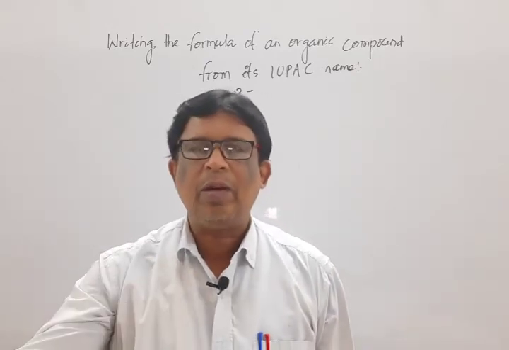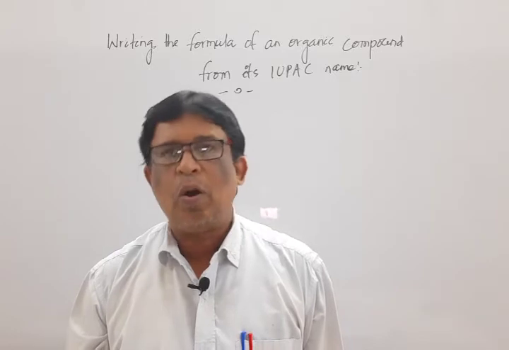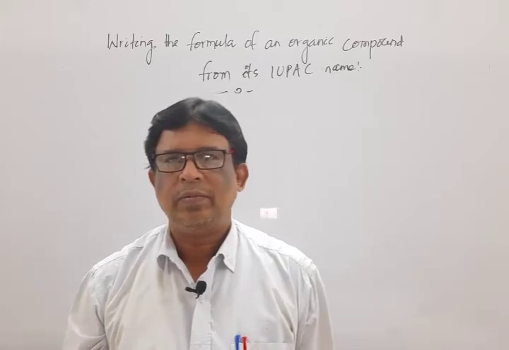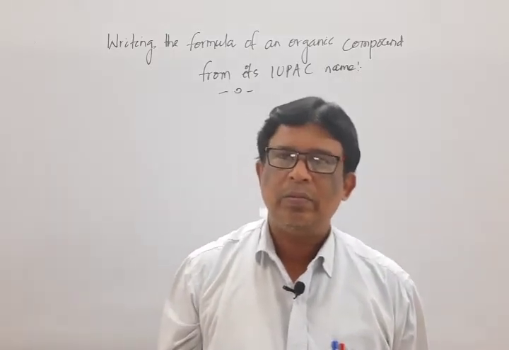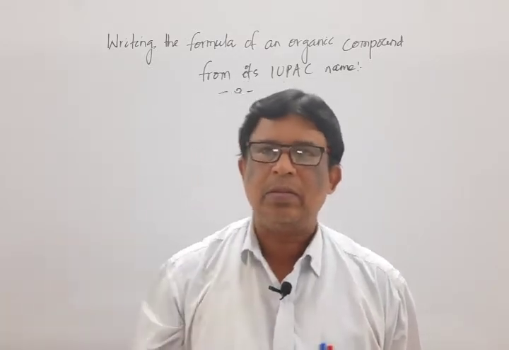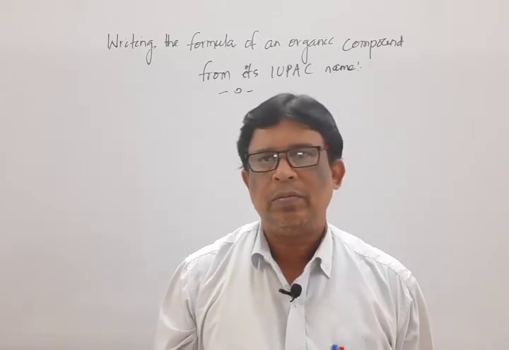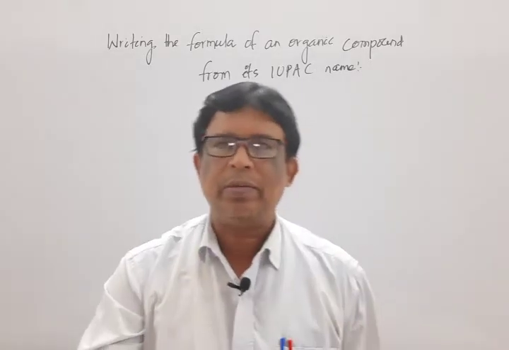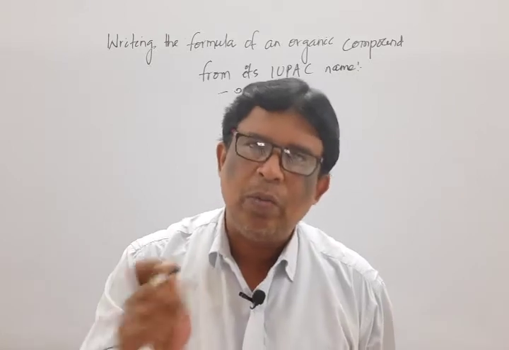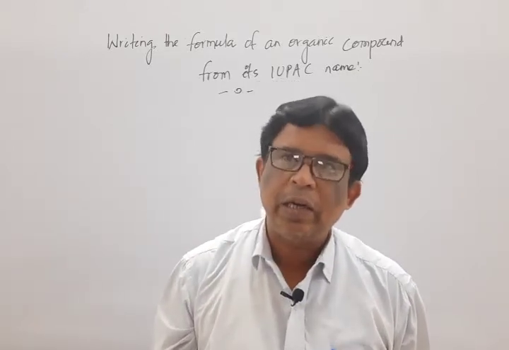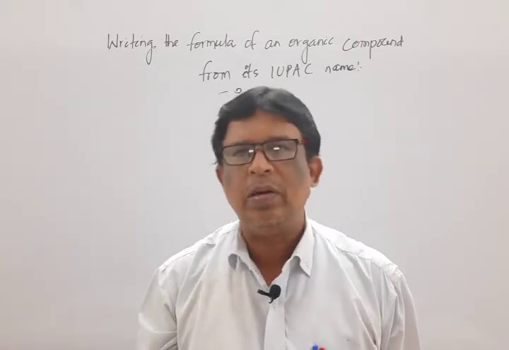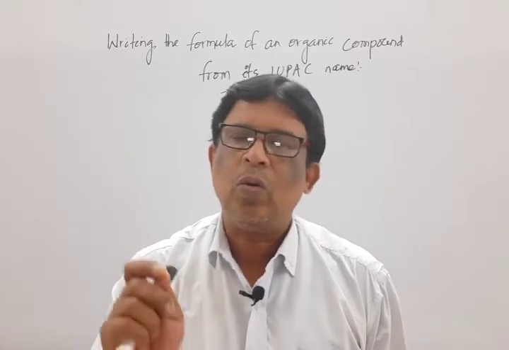After writing the skeleton carbon atoms, then assign the locant numbers either from left to right or from right to left. After giving the locant numbers, affix the principal functional group which is used as the suffix at the appropriate position. Then attach the substituent. Next, put the double bond or triple bond if present at the respective position. And finally, insert hydrogen atoms around the carbon in order to satisfy its tetracovalency.